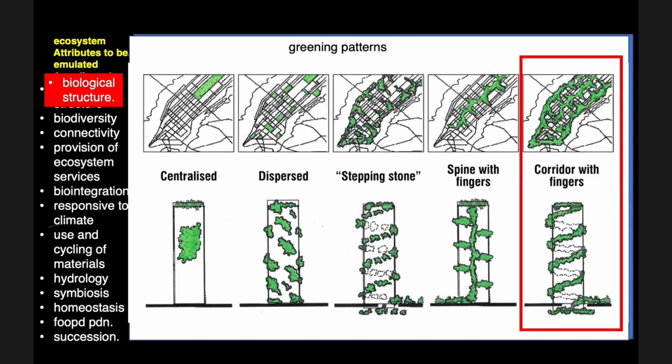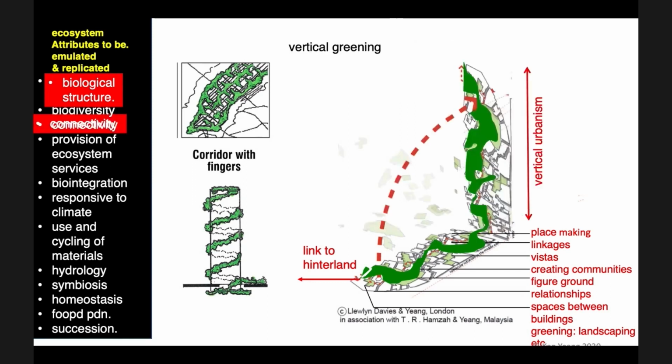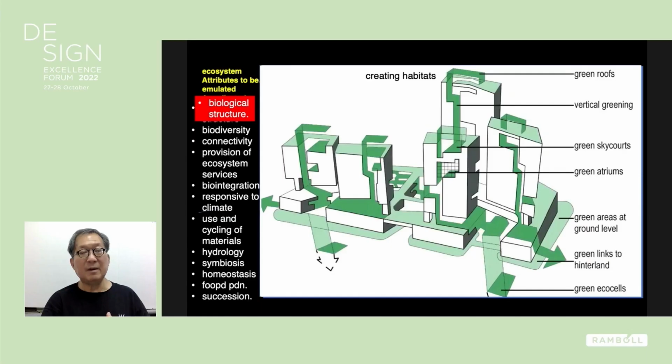And so let's look at this ideal pattern on the last one. We need to connect the city, not just on the ground plane, but this ability should go vertically up the building. So then the whole city is green, not just at the ground plane, but at the upper parts of the building as well. And so this is one of the strategies we must adopt in our design. In greening the buildings and bringing vegetation in, we have to create habitats. Habitats could be patches of greenery on the ground, habitats in the walls, habitats in terraces and the roofs and so forth. So this is a strategy which is what we must do in our design.